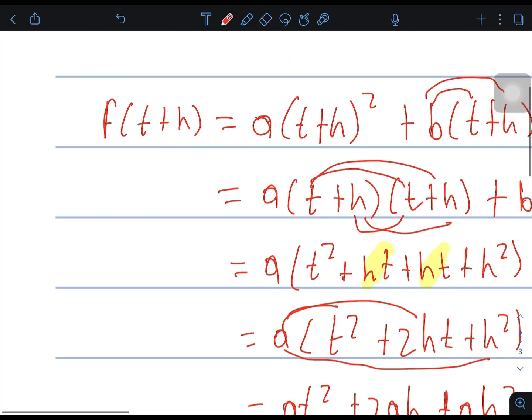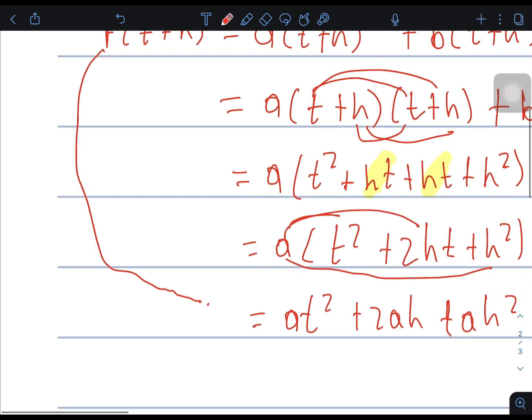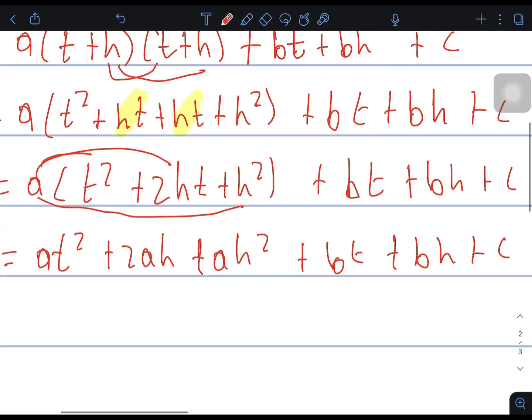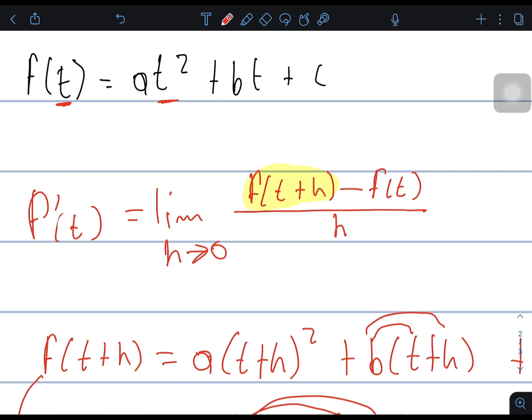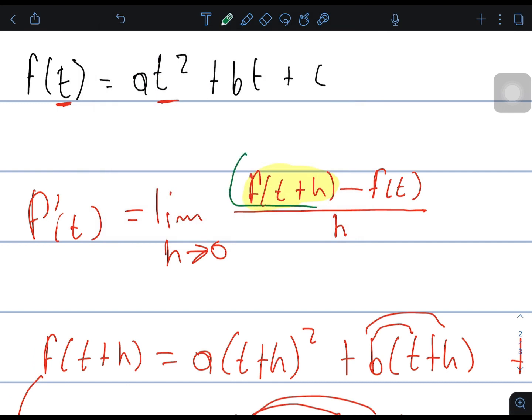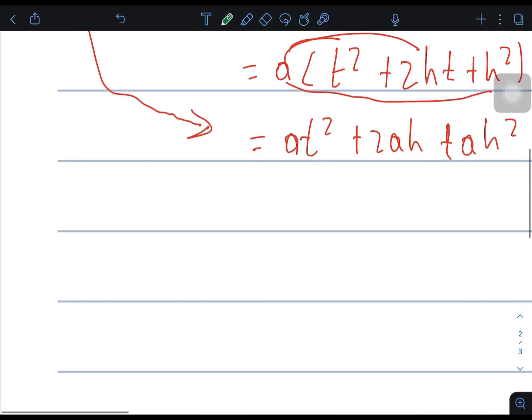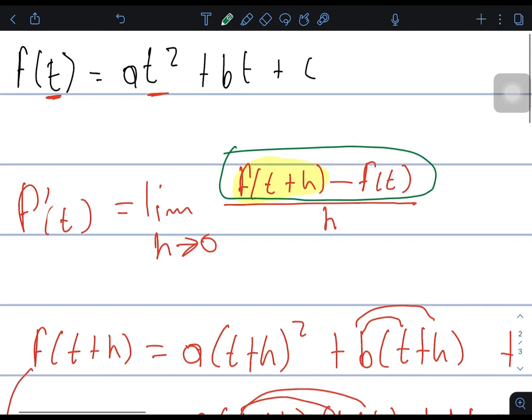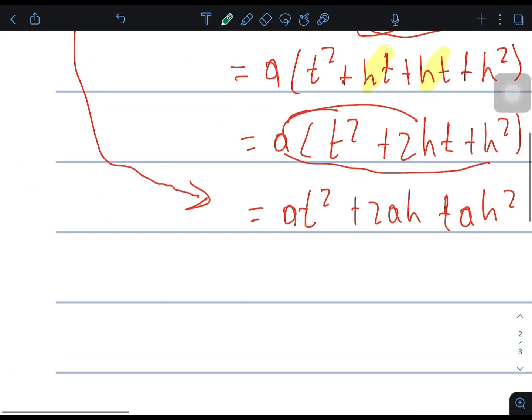So guys, this means that f of t plus h is equal to this. Okay, we go back to our formula. Looking at our formula, we see that we have to find f of t plus h minus f of t. So we will start by finding it separately. So f of t plus h minus f of t is equal to